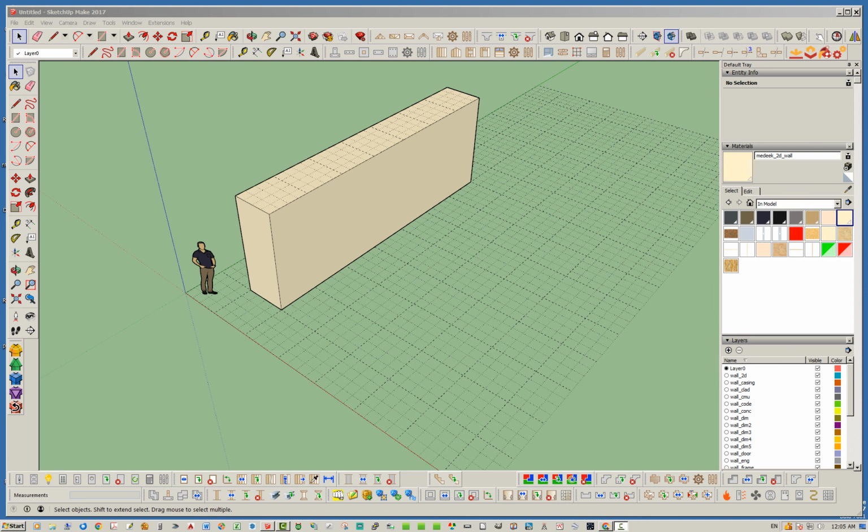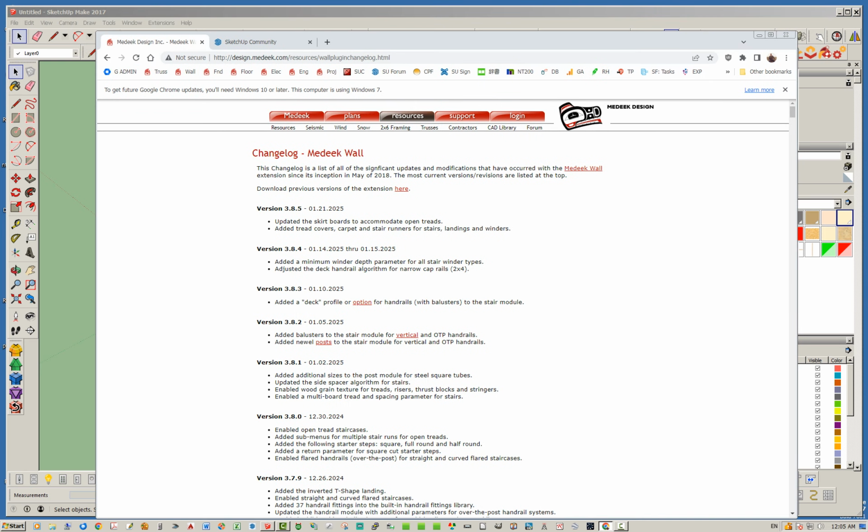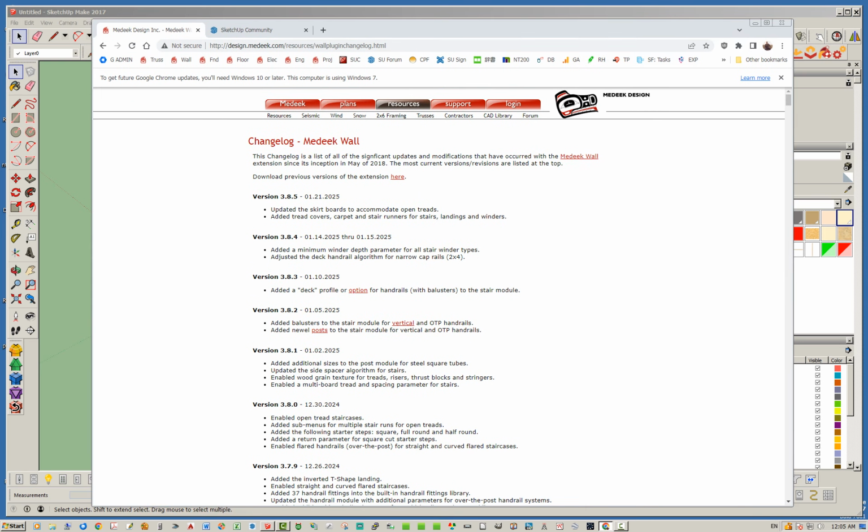Wilkerson, and today I wanted to go over floor coverings or carpets on stairs. I think this will probably be the last major update I make on the stair module for a while. But before I do that, I just wanted to quickly recap the last 6 weeks of work that I've spent